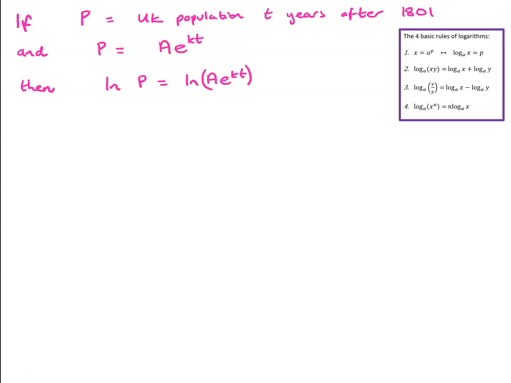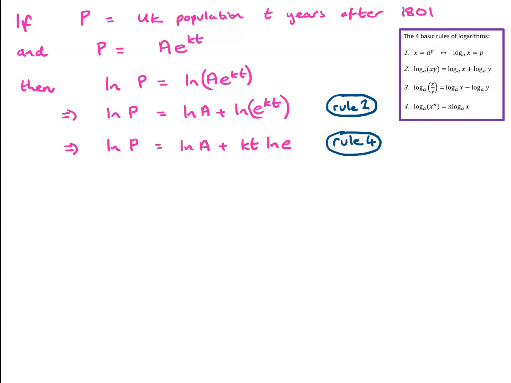Now if we go back to our laws of logarithms, the natural logarithm of a times e to the kt is going to be the same thing as the natural logarithm of a plus the natural logarithm of e to the kt. That was using rule 2. Using rule 4, the natural logarithm of e to the kt is going to be the same thing as kt times the natural logarithm of e. So we've now got the natural logarithm of p equals the natural logarithm of a plus kt times the